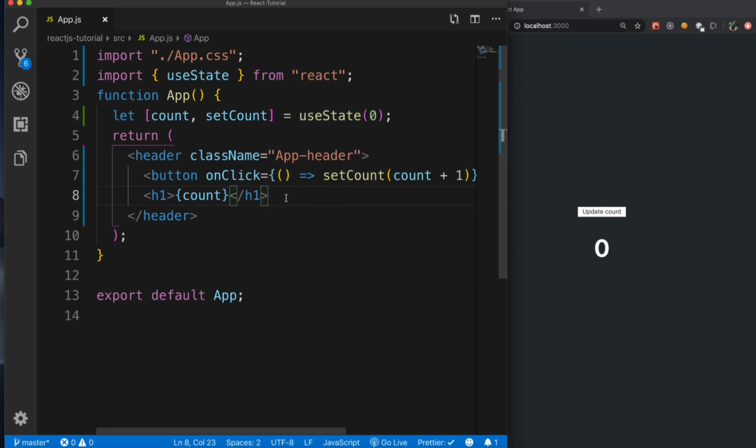Now let's quickly discuss the 2 rules for using React hooks. The first rule is you have to declare your hook at top level. That is, right after you declare your functional component, you can use your React hooks. You can't do it somewhere in the middle of the code. So always move your hook logic at the top of your functional component. The second rule is you can only use hooks inside of a React functional component. You shouldn't be using it inside normal functions and inside loops. So these are the 2 rules that you need to be careful about.